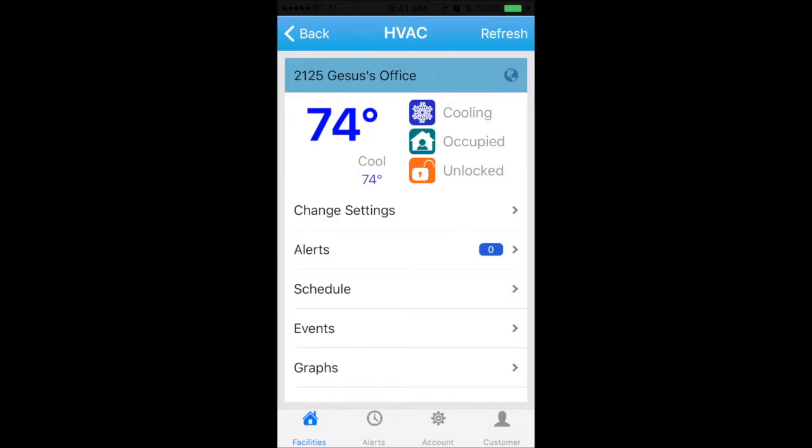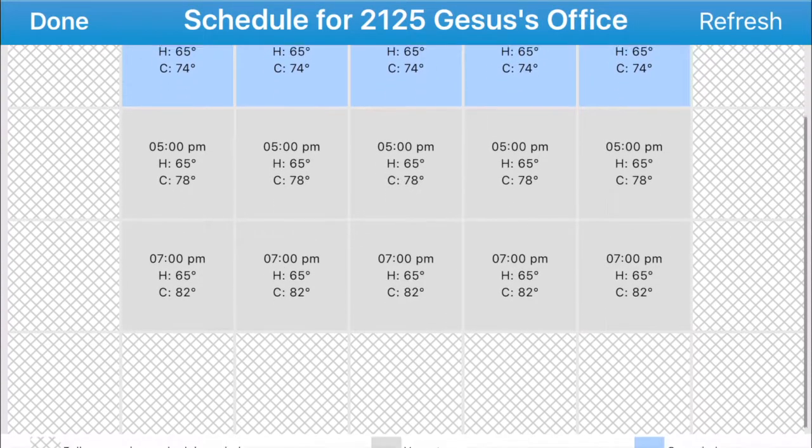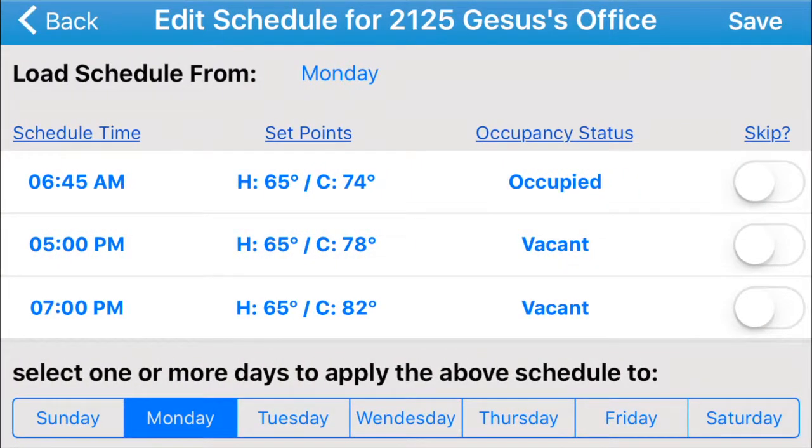To change the schedule, go to the individual HYStat menu page and click Schedule. This will display the current schedule for that particular HYStat. We recommend setting a weekly schedule that will save you energy. To do this, you set the desired comfort temperature for when you are there and set back the temperature when you are not. In order to do this, click on a day in the schedule to reveal 4 possible schedule